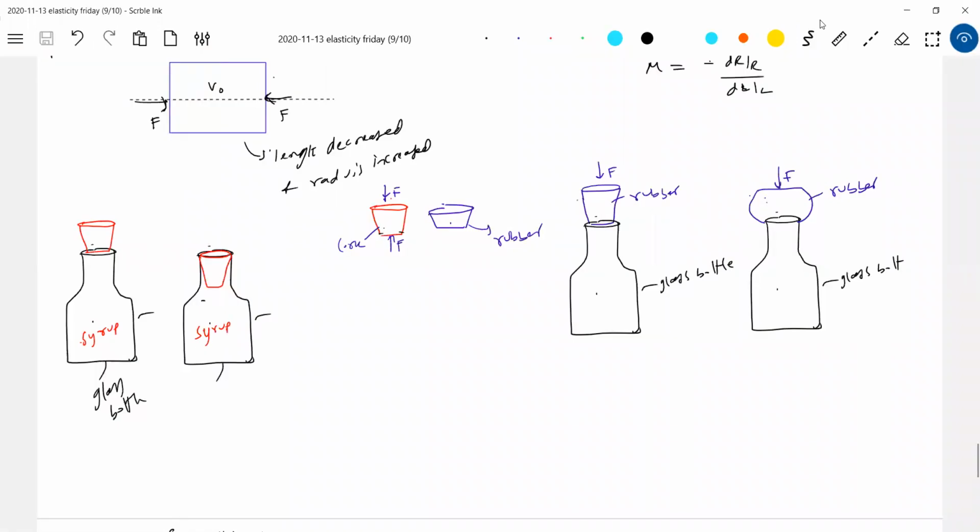So why can't we use rubber? There's a problem. The rubber will buckle. It will be like this. Cannot get it. So cork is possible. I'll decrease the radius slightly, means I'll press it and introduce it into the bottle. Then I'll leave it, and it'll come back to its shape.